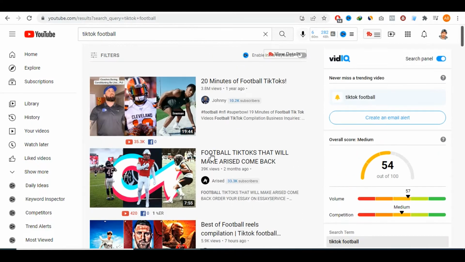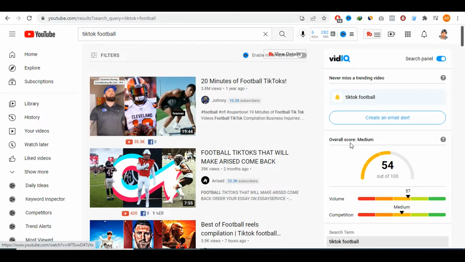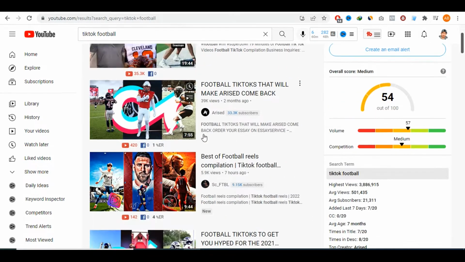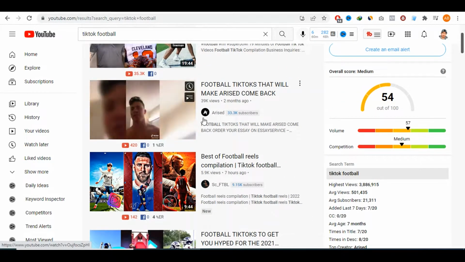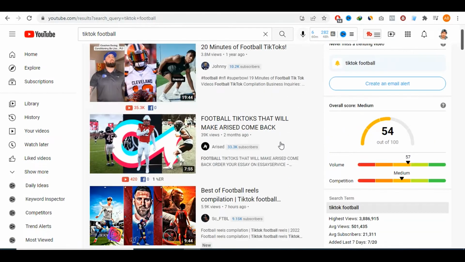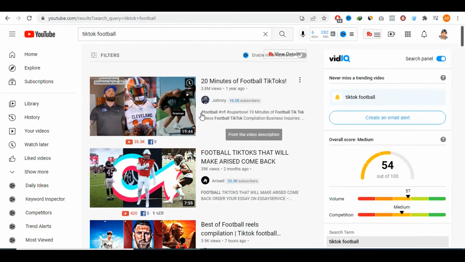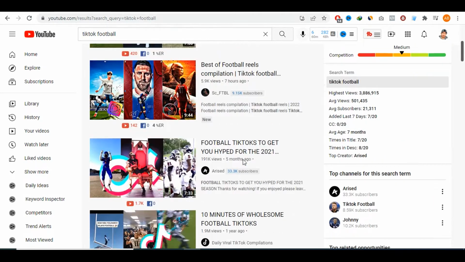So as you can see, those videos are very easy to create, and basically what they're doing is they're just taking TikTok videos and compiling them together and creating those YouTube videos. Those videos literally take less than a minute to create. All they are doing is just sticking all those TikTok videos together and then creating a 10-minute long video or 15-minute long video. And as you can see, those videos tend to do very well.